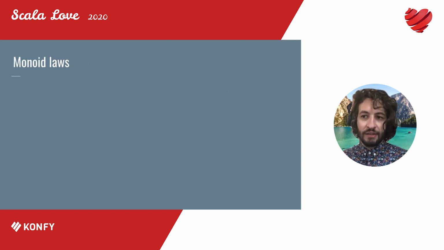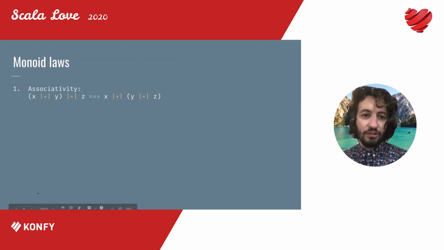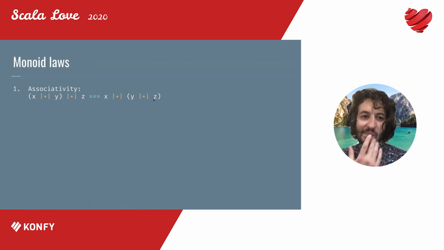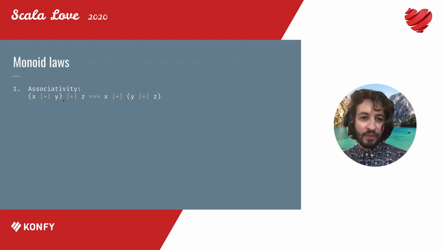So one thing about monoids that is very important and makes this whole thing work are monoid laws. And the first law is the law of associativity. And this is pretty much the most important law. It basically says that we can move these parentheses around without changing the result, right? So if you do first x plus y, or I'm just going to pronounce this plus, even though it's x combined with y, but that's too long. (x plus y) plus z has to be the same as x plus (y plus z).